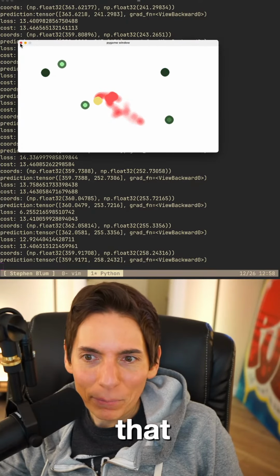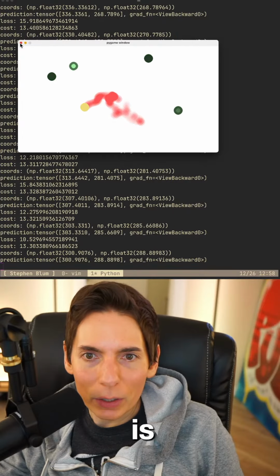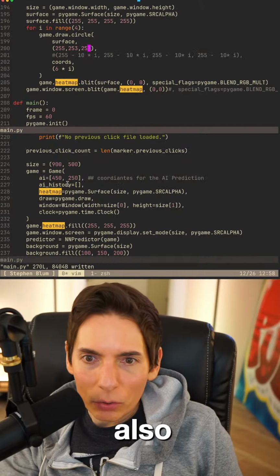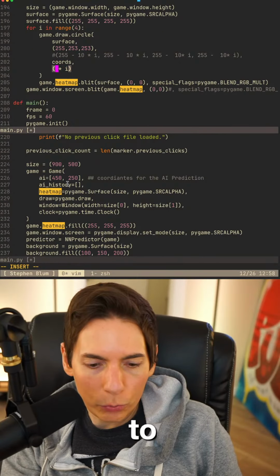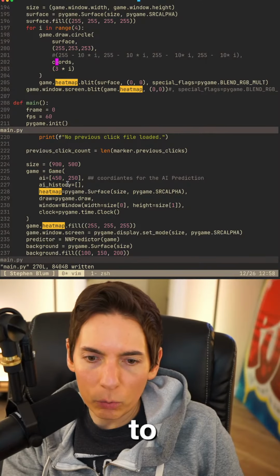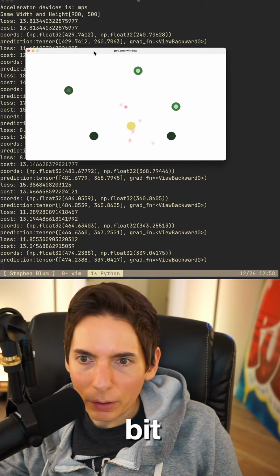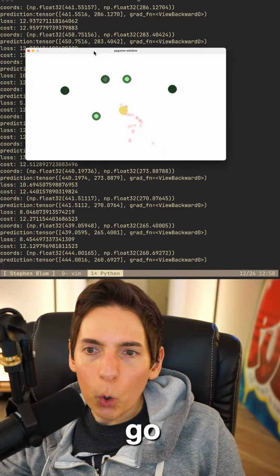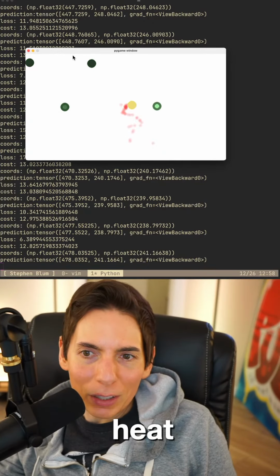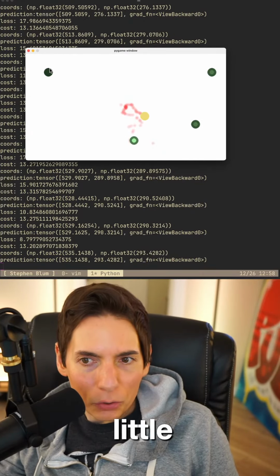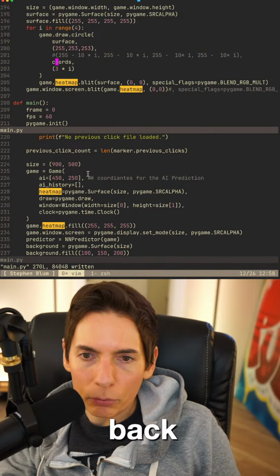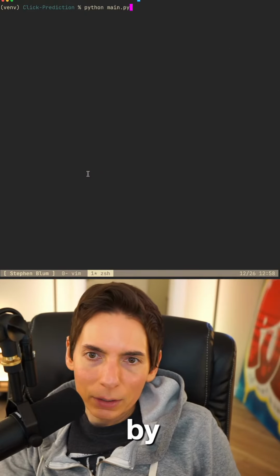Isn't that neat? All right, I think we could also change this up here. Let's go down to 3. So that way it gets a little bit different there. There we go. Now it's more heat map like. 3 might be a little too little. I think we should go up to 4. Let's increment by 1 and bring that back.